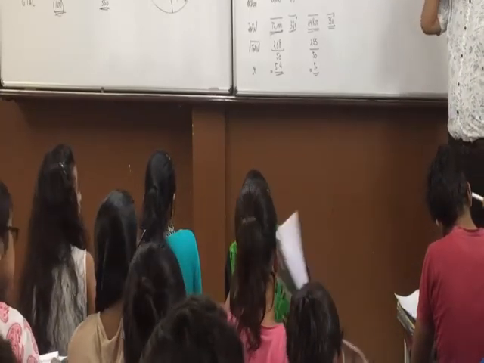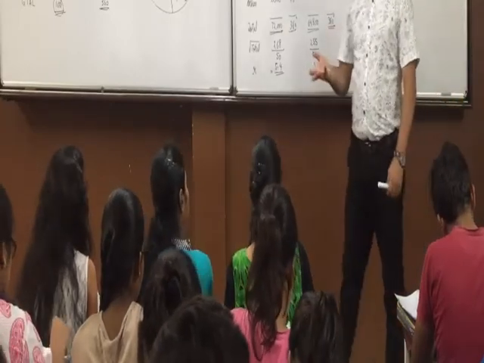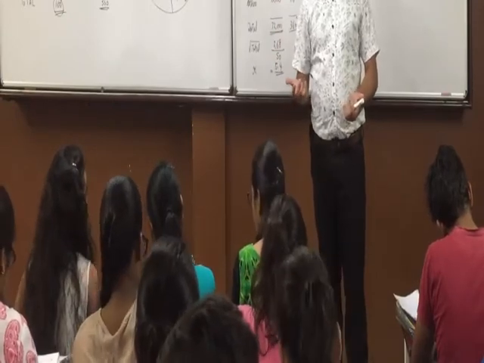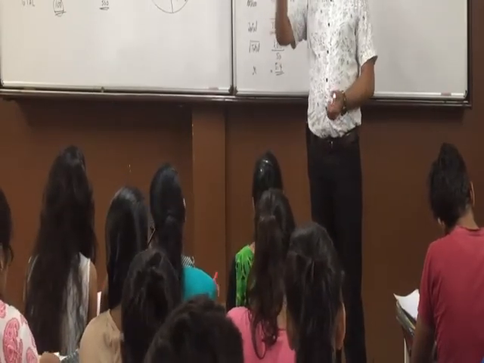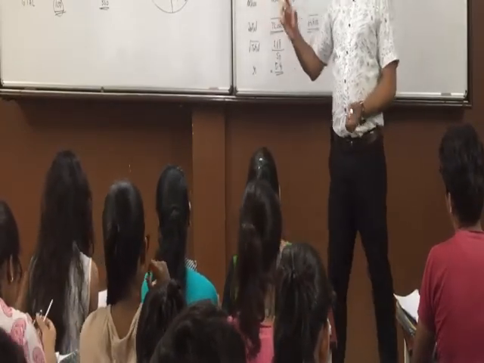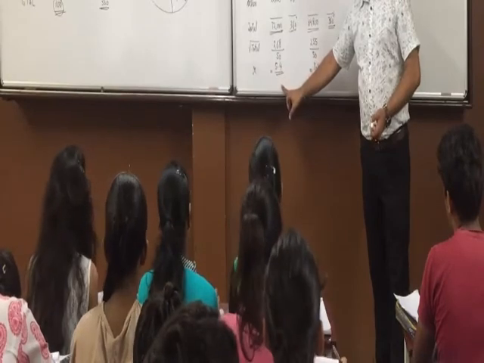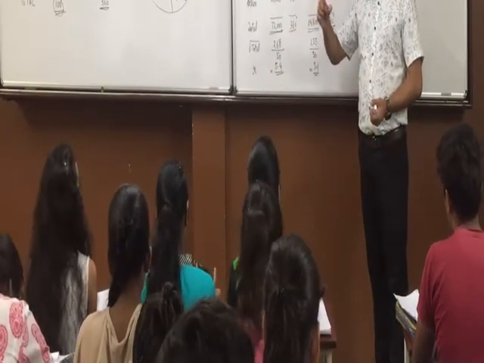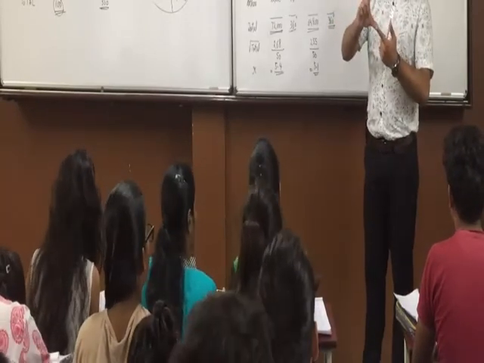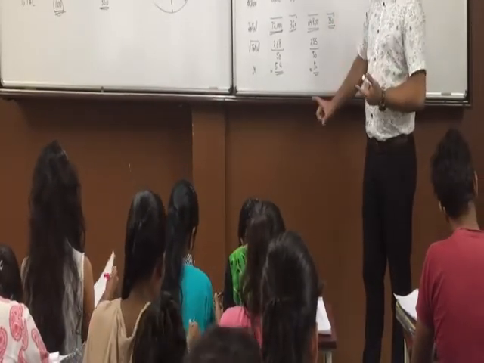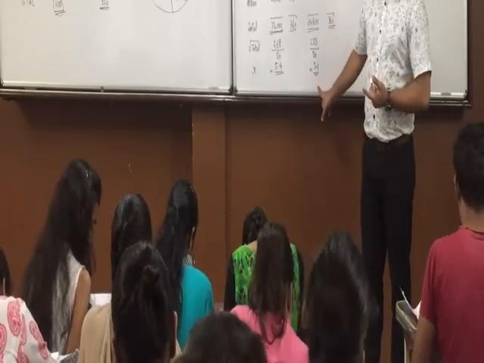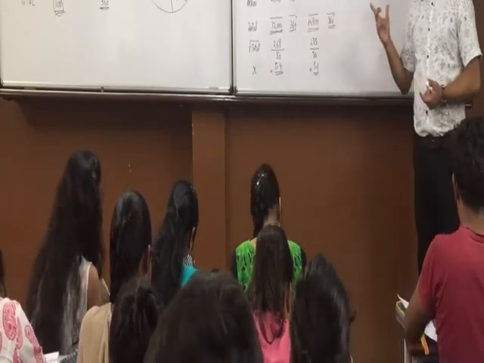Now here gap also is not important because there are only 2 circles. So in between the 2 circles any gap will do. It's not like the previous one where we did 1 centimeter gap, because there were 3 circles, so it required 1 centimeter gap exactly. Correct? So here make 1 circle with radius of, all of you understand how to get it from the scale? Between the pointer and the pencil there should be a gap of 5.4 centimeter on the scale and make a circle. Same way 1 more circle with pointer and pencil with a gap of 5.1 centimeter and then make a circle. Understood that, everyone?